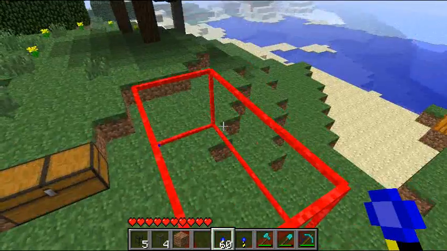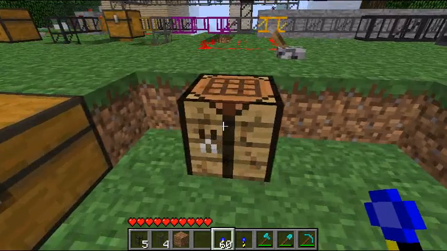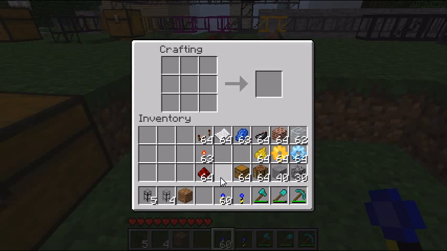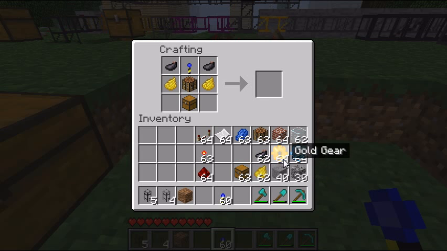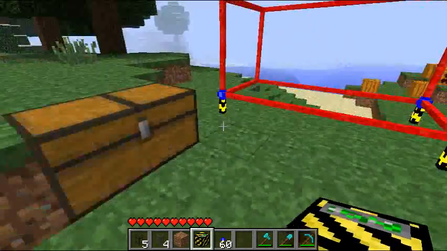Okay, let's finish with the filler. So the filler changed quite a lot actually in this release. You can practically forget anything you knew about it, including the recipe. Now the recipe requires a workbench, a chest, some dye, a yellow one and a black one, a landmark, and 2 pieces of gold gear. So as you can see, it's quite expensive compared to the previous one, but it's going to be a lot more powerful as well.